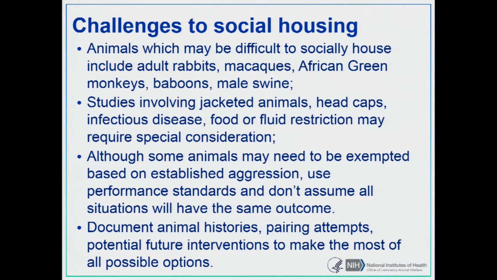So some of the challenges that we've heard about a lot over the years, that we continue to see where programs are finding solutions to, but I just want to put these here because we know that these are more challenging than just the standard kind of situations with large breeding colonies, okay? Certain species are more challenging. Certain types of animals are more challenging. Adult rabbits, although we're going to hear a little more about that tomorrow, I believe. Macaques, we've heard a lot about today. African green monkeys, we've heard that some programs have had quite good success and others not. Baboons also have their fair share of challenges, and male swine, which we will hear about tomorrow.